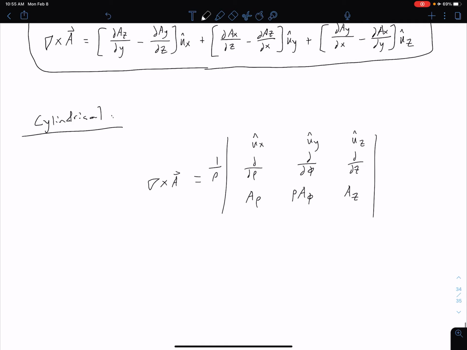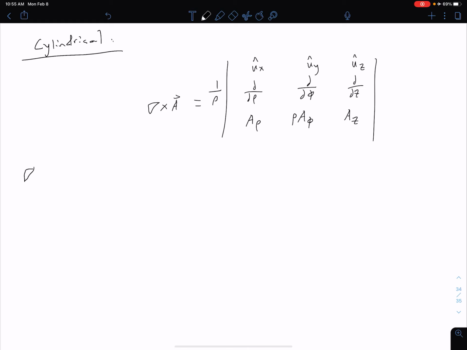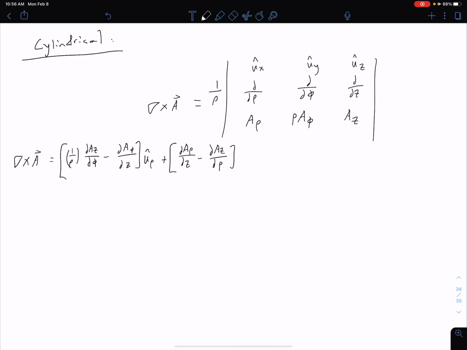So if we evaluate this, we get our expression for curl in our cylindrical coordinates. So curl of A is equal to, so we're going to have 1 over rho times the partial of z component with respect to phi minus the partial of our phi component with respect to z, that's in our rho direction, plus the partial of our rho component with respect to z, minus the partial of our z component with respect to rho, and that's in our phi direction,